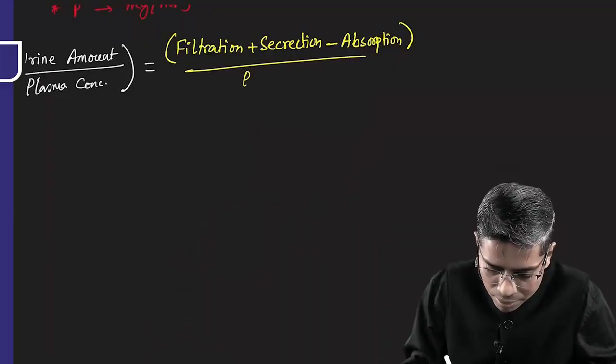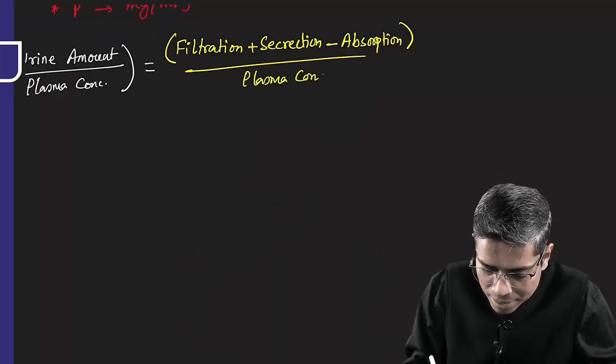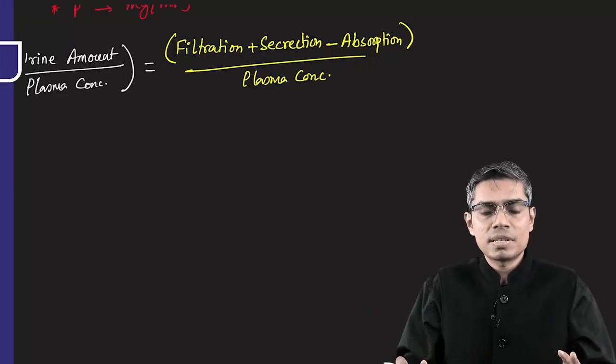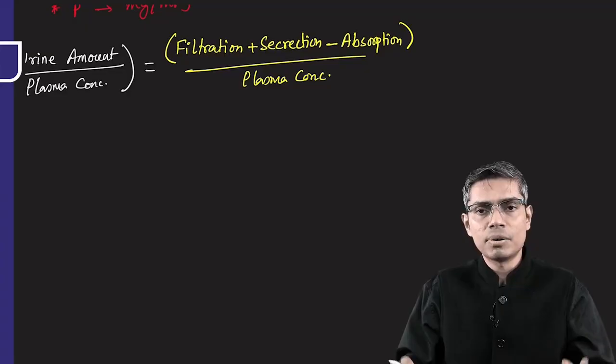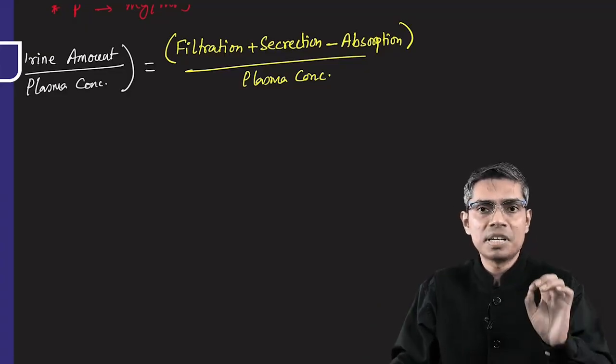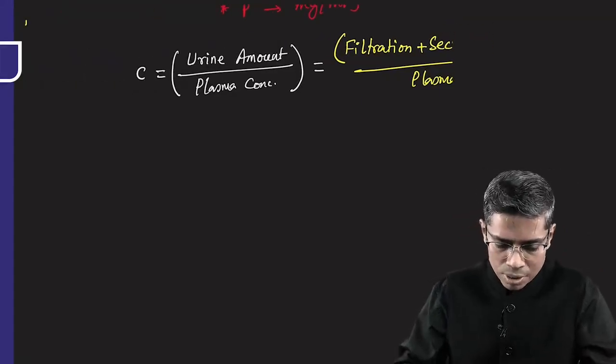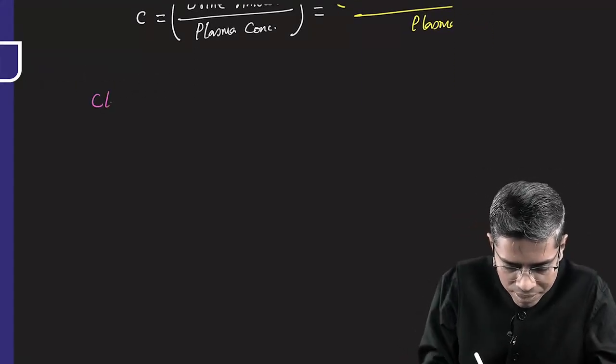I'm not saying that all substances will get filtered, secreted, everything. Different substances have different properties, but ultimately my concept is that urinary amount is from three basic processes: filtration plus secretion minus absorption, upon your plasma concentration. So this is basically my clearance concept. Now suppose I want to measure the clearance of one substance which is not produced endogenously by our body. One such freely filterable substance is inulin, right? So I want to measure the clearance